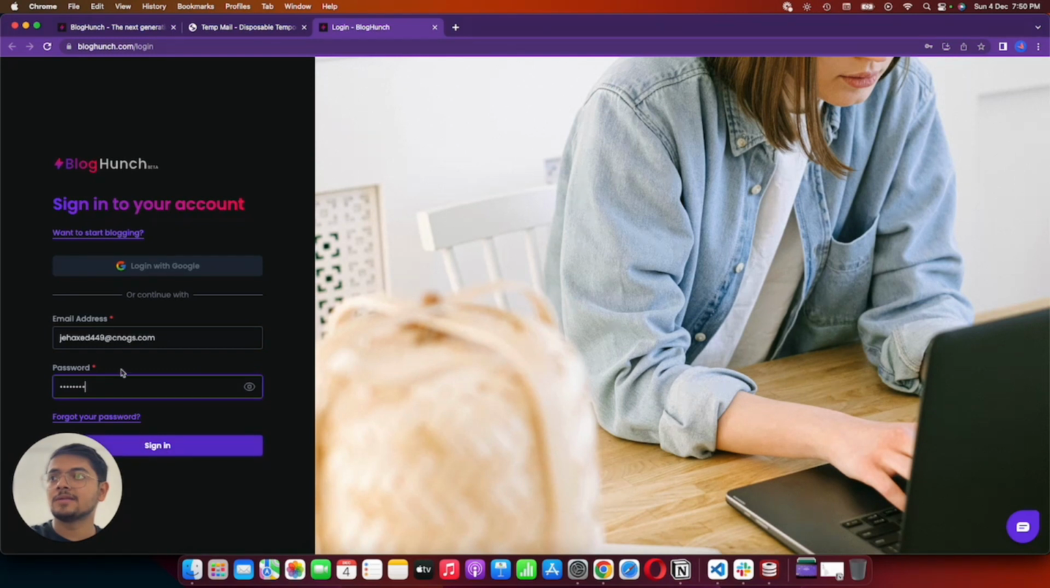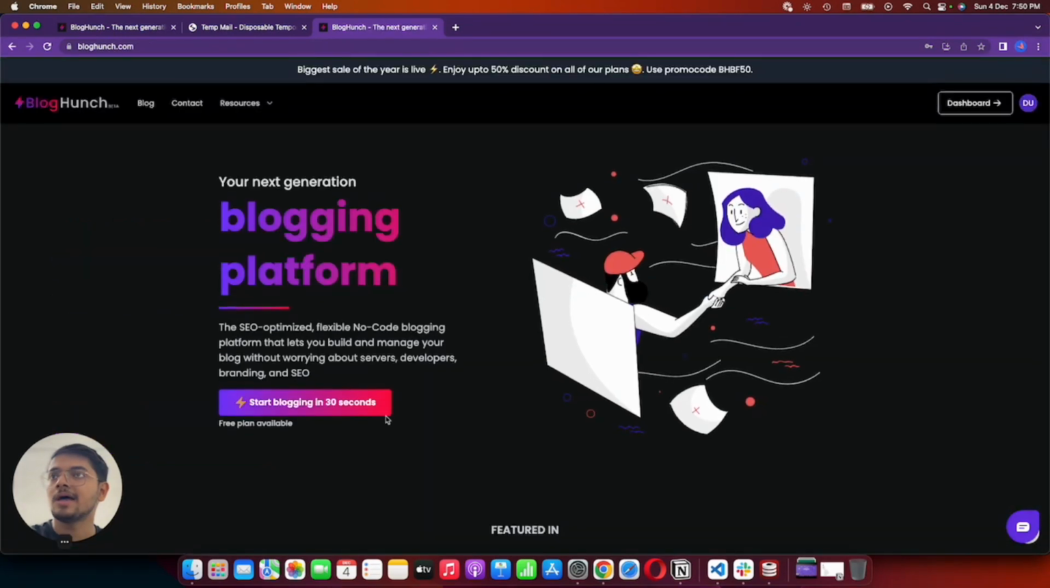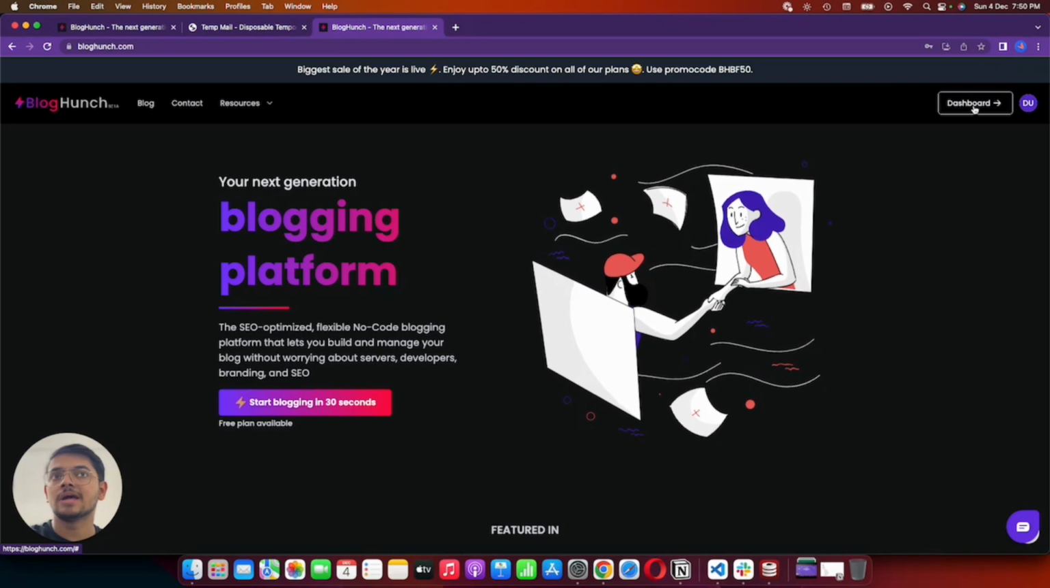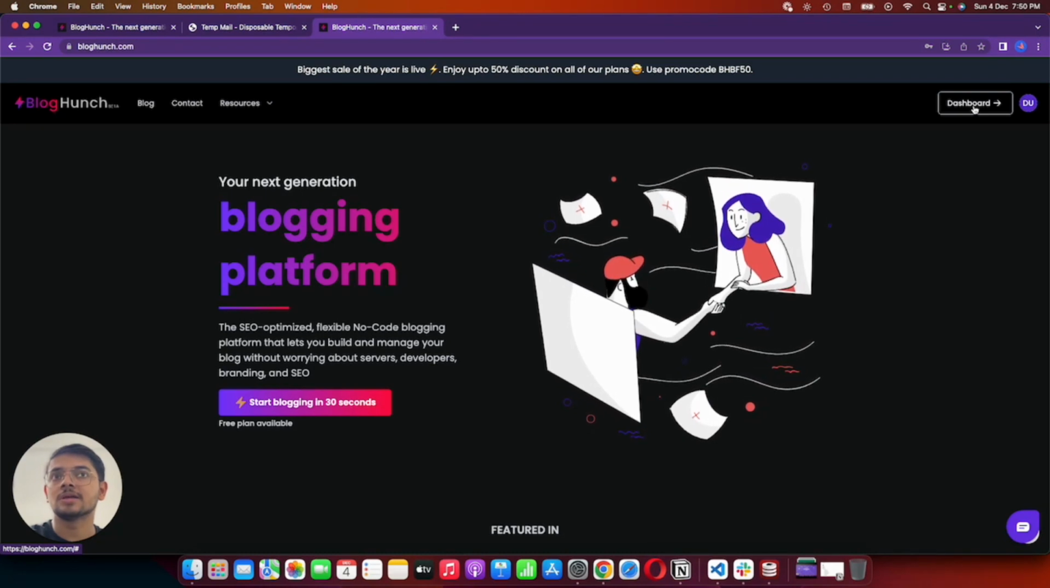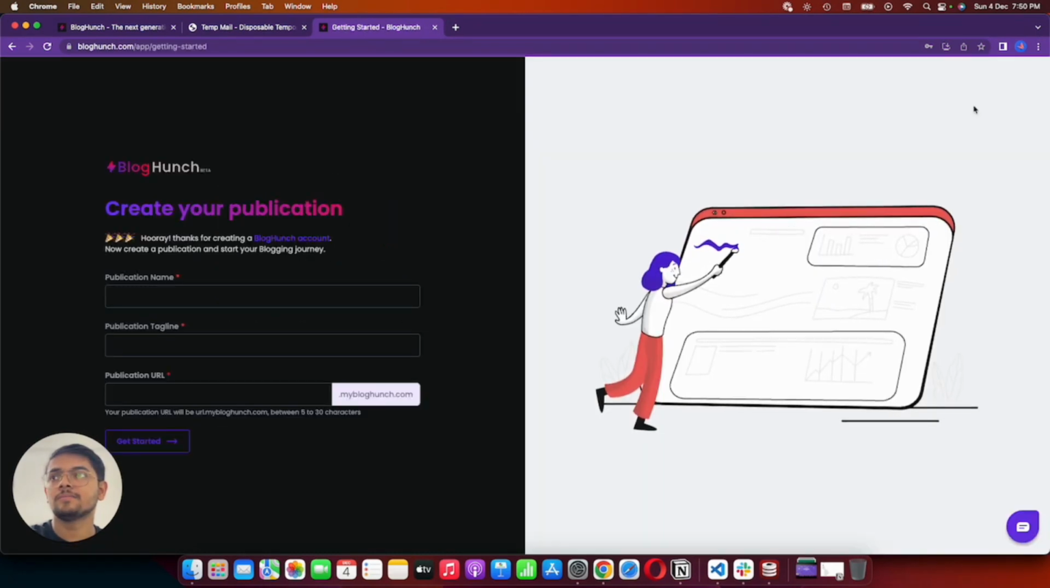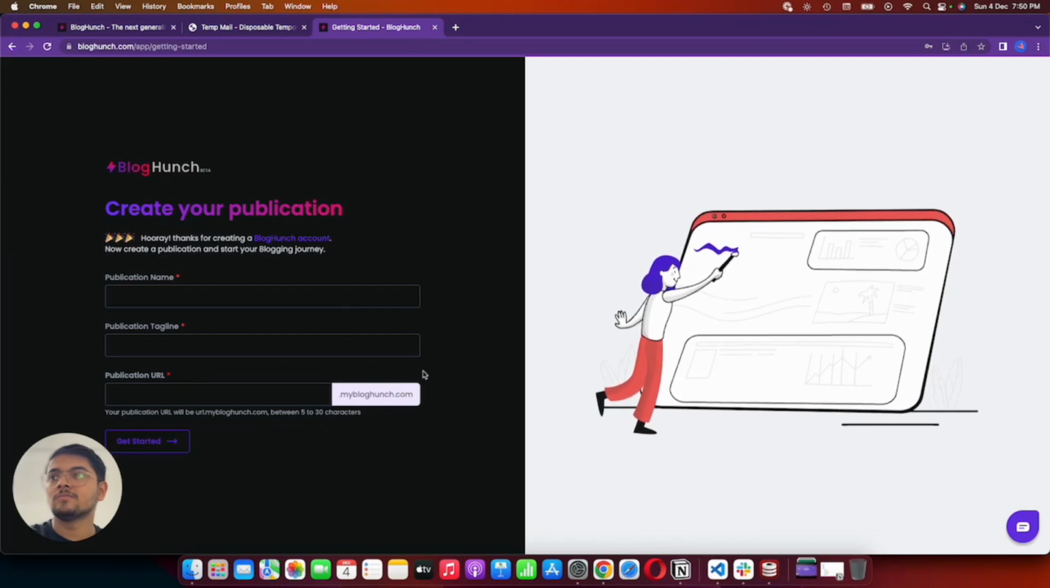Once you provide the same email address and password you have used for sign up, you can click on the sign in. And right now we are logged in. You will find this small dashboard button at the top right of the screen. Just click on that. And as we are creating a fresh account, it's going to show us the create your publication